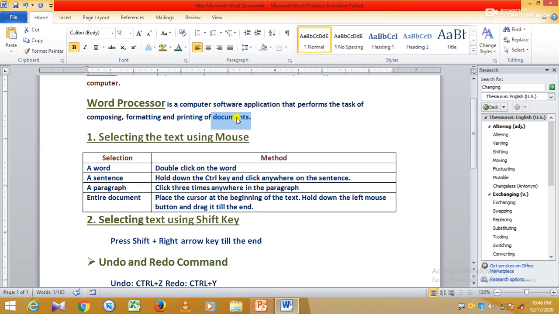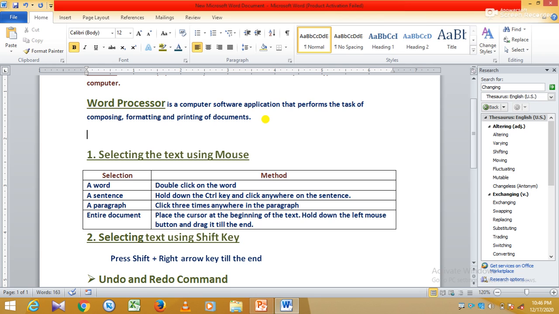How will you know that it is copied or not? Bring your cursor to another position and then press the Control plus V command. It means your text is copied from the selected position. So Control plus V for pasting.